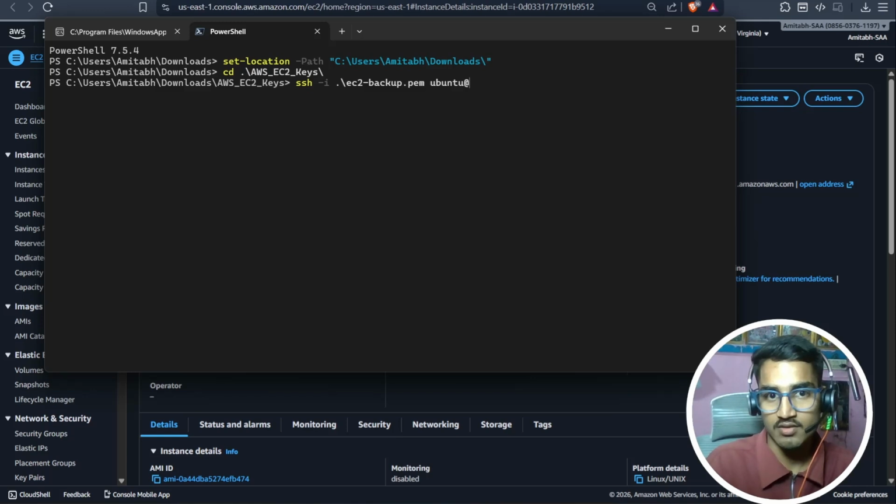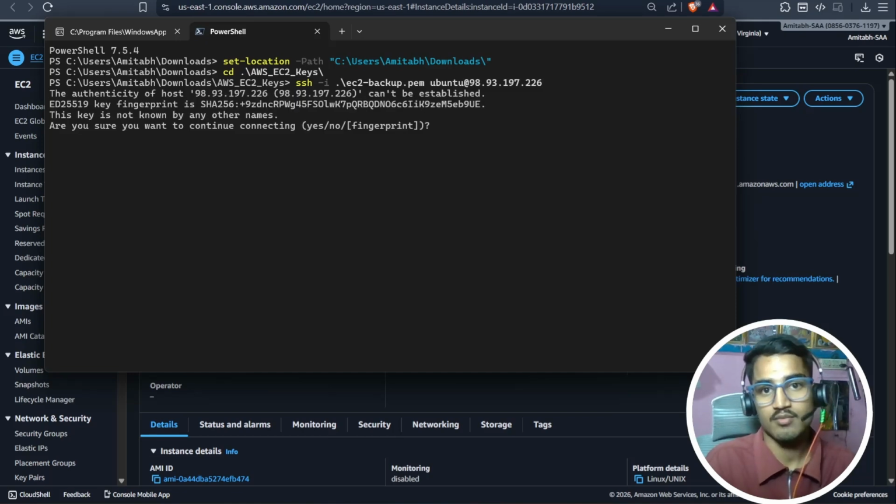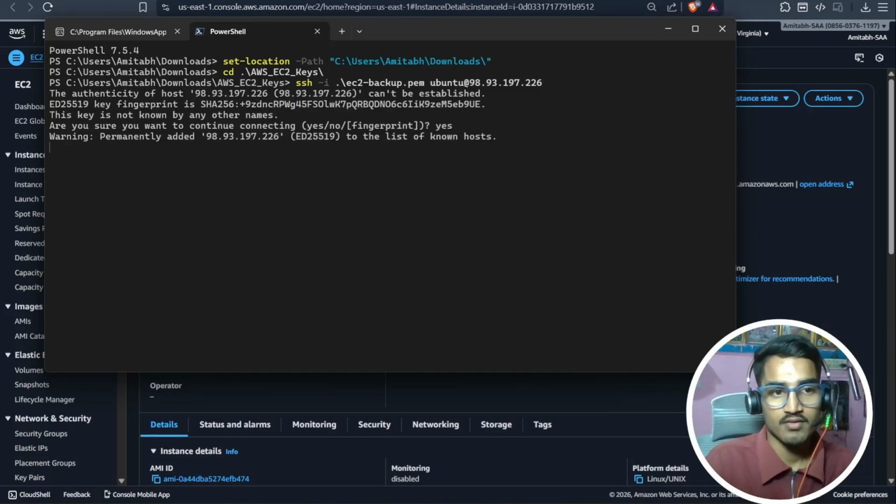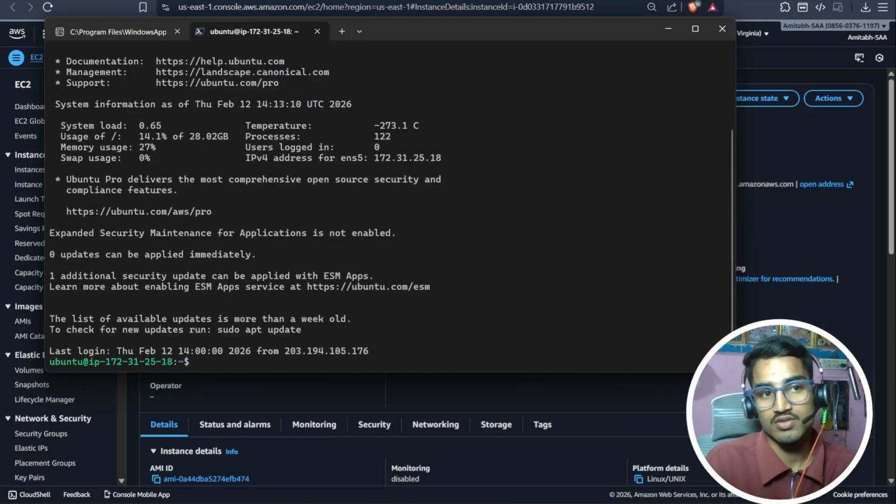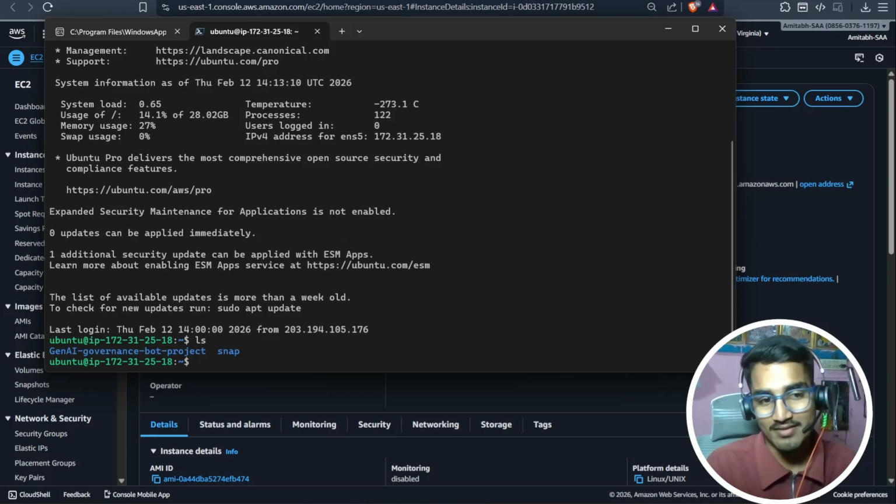The OS is Ubuntu, the same as the previous instance that we used to create the AMI, and we'll paste the public IP. Once the EC2 instance is connected, we'll run ls,